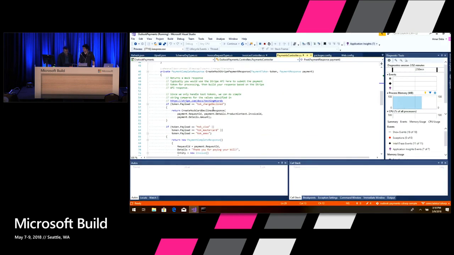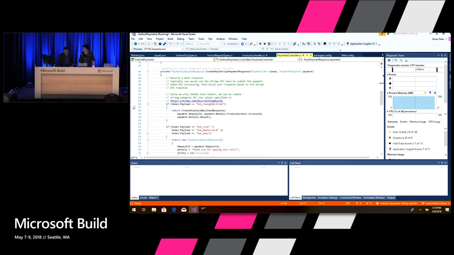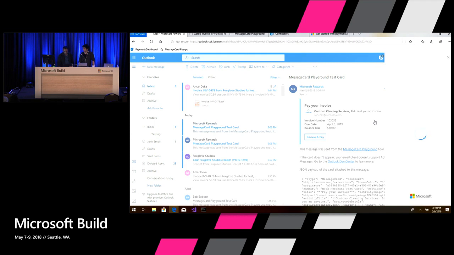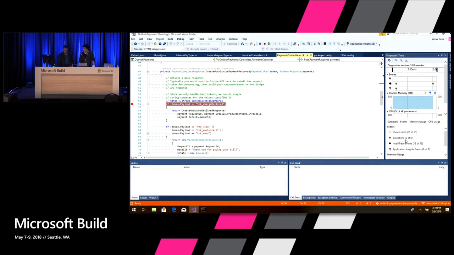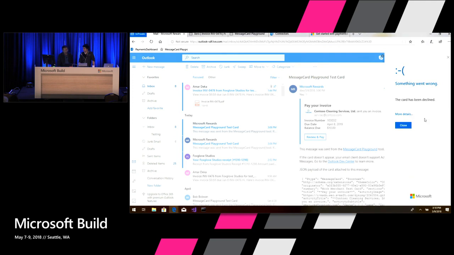I will put a breakpoint on token charge decline. Let's see. Okay, select one of the cards that can be used to simulate failures. So confirm, and we have a bunch of cards, where one of the cards is Visa decline. So it creates a token from Stripe, which should generate the failures. The breakpoint is here, so it should go, and if I complete, I should see a failure. The card has been declined.